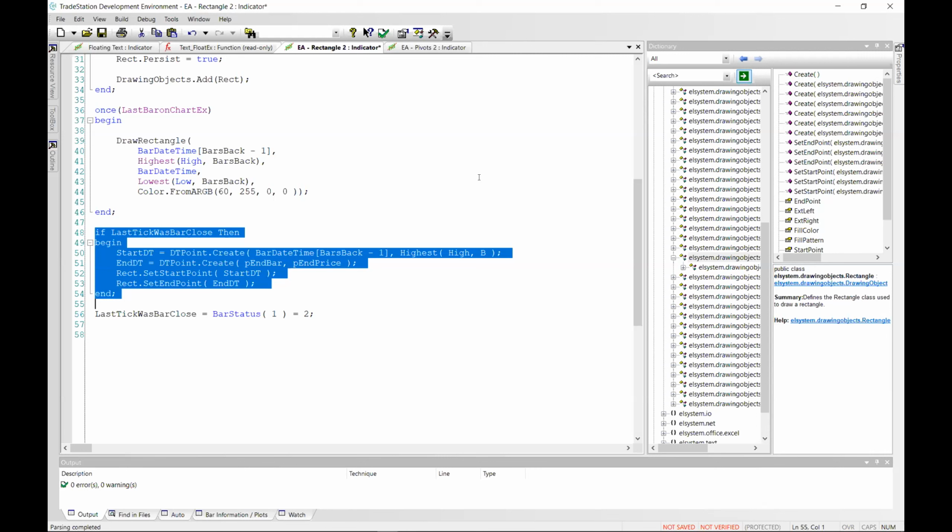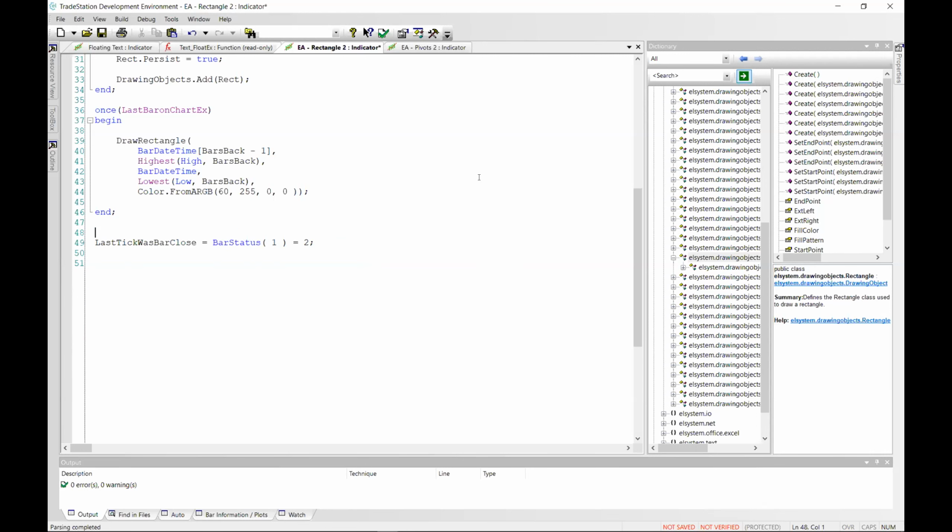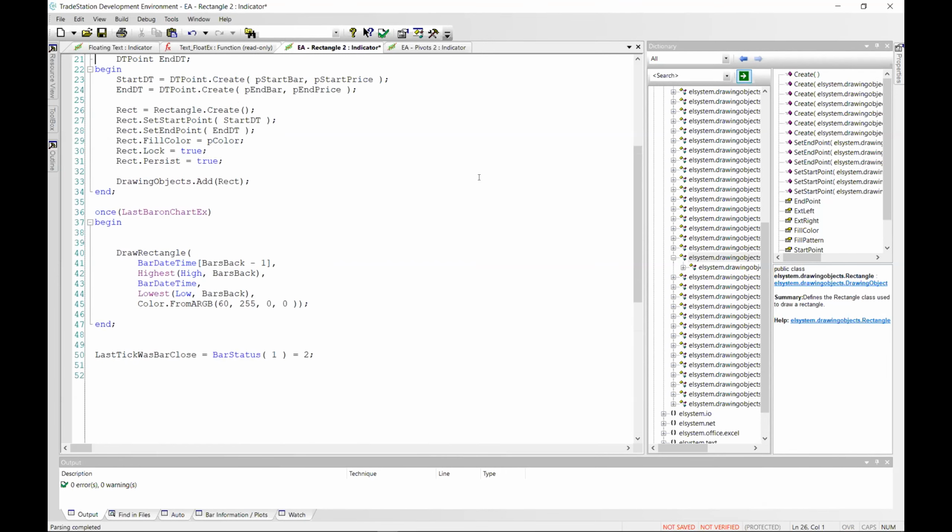My bad. We're going to do the same process again every time, every new bar. I see. So really all we needed to modify, I headed down the wrong path. I said, oh, I'm going to adjust the rectangle every time.